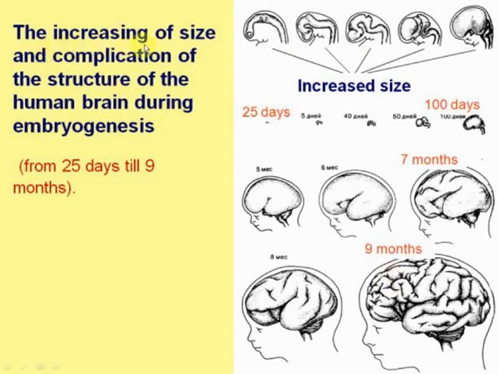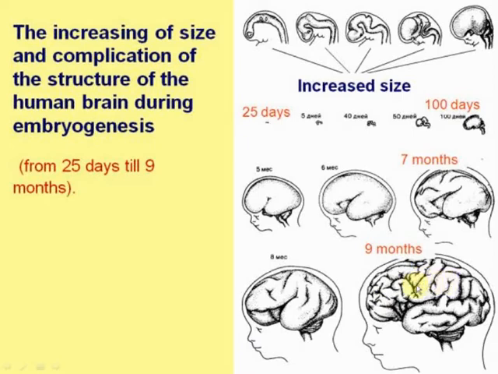This slide demonstrates the increasing of size and complication of the structure of the human brain during embryogenesis. This is the comparative size of the brain on the 25th day of embryogenesis, 40 days, 50 days, 100 days, 5 months, 6 months. The surface is smooth, no gyri. The first gyri appeared on the 7th month, and the amount increased